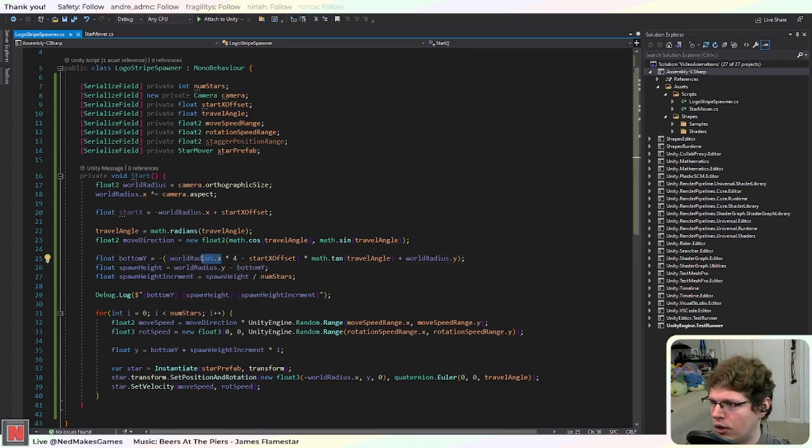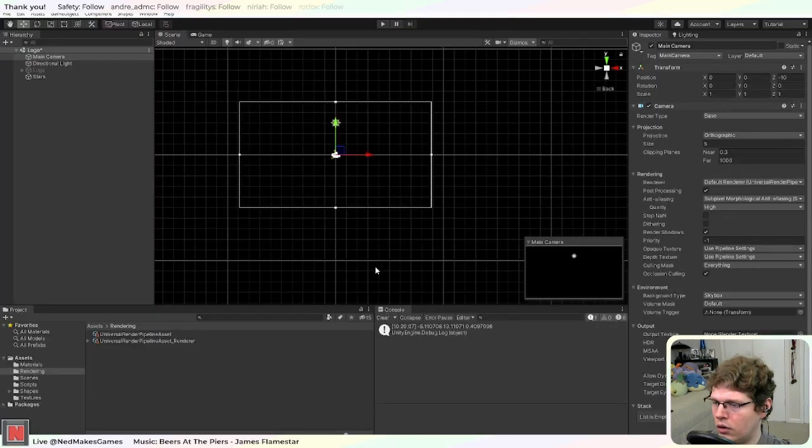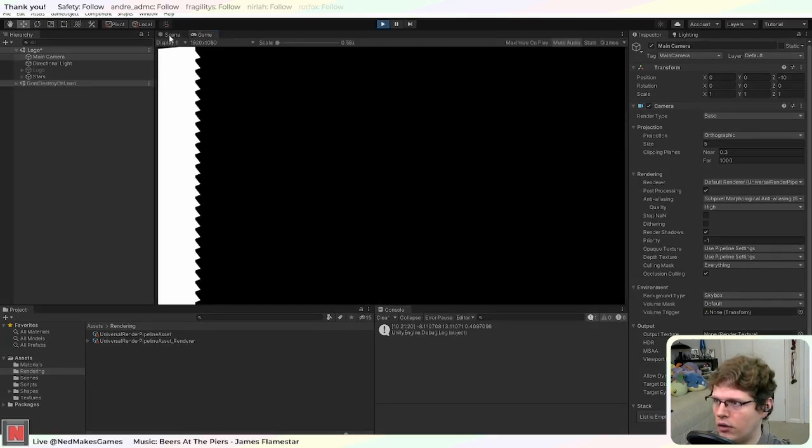Okay, so the X radius. I mean, this part is correct. The start X. Oh, yeah, I don't even use it, right? But that's just the negative radius. So